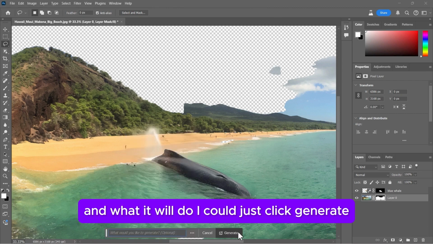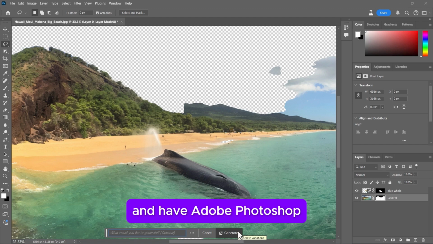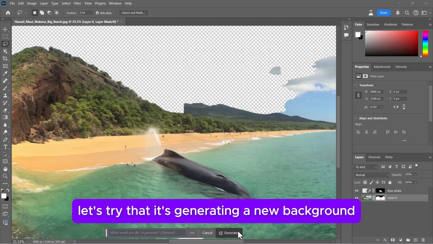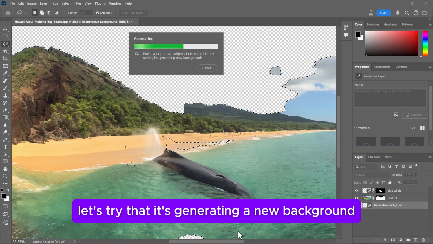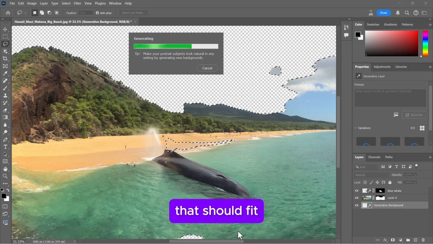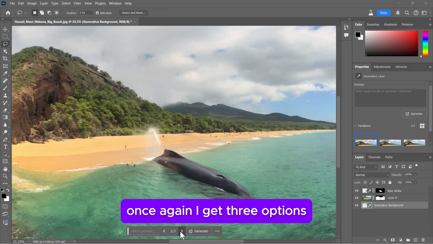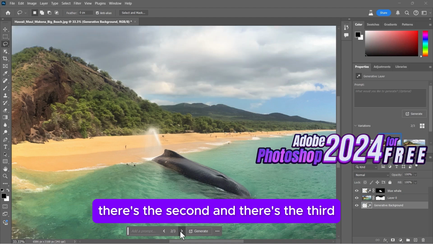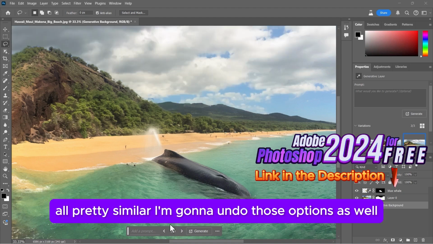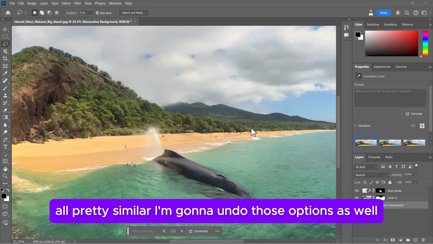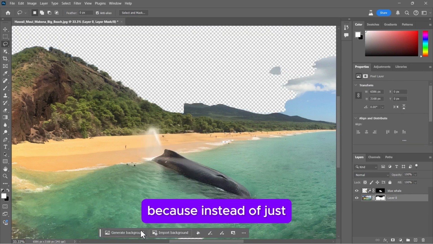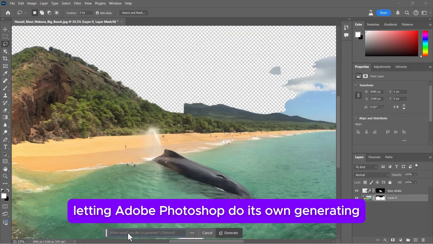I could just click Generate and have Adobe Photoshop just pick something that makes sense. Let's try that. It's generating a new background that should fit the look and feel of the rest of the image. And it worked pretty well. Once again, I get 3 options. There's the second and there's the third. All pretty similar. I'm going to undo those options as well,